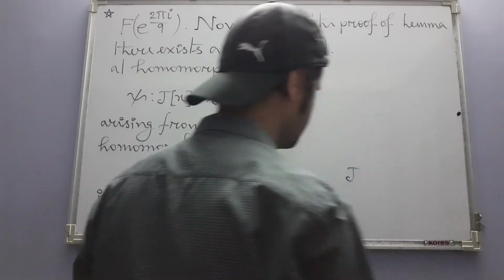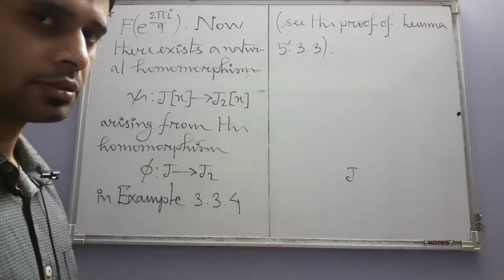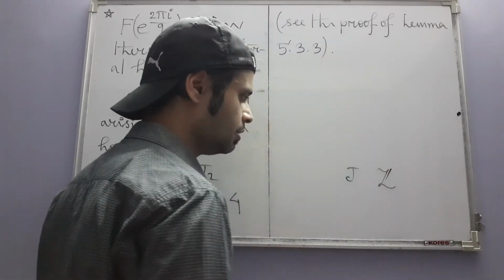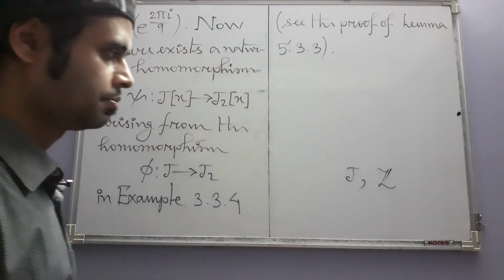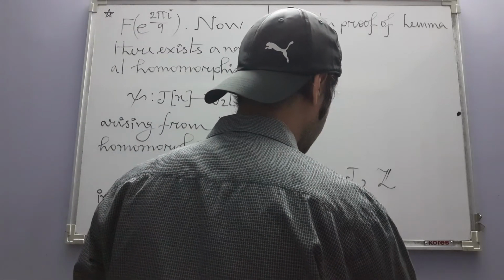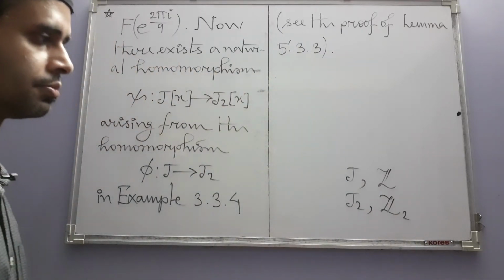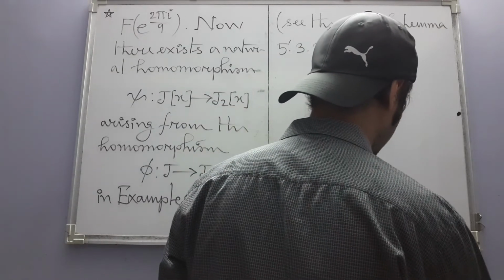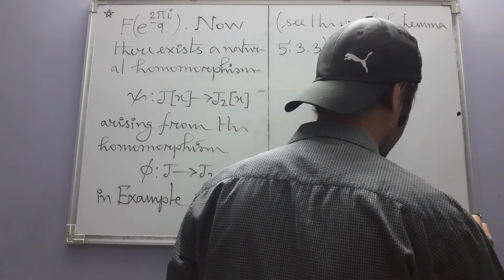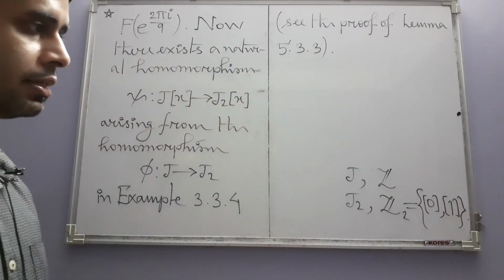In this book, for some reason, the author denotes the ring of integers, or simply the set of integers, not by Z, but by J. There may be some reason, I don't know why. And J2 is just the field with two elements, 0 and 1,